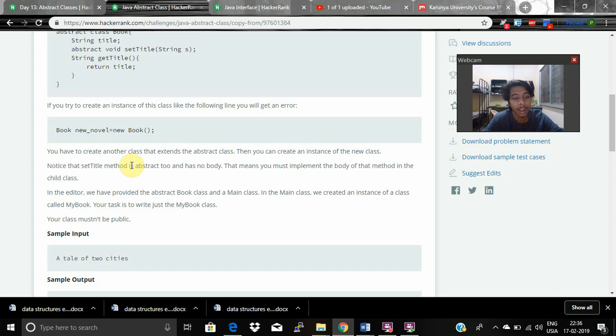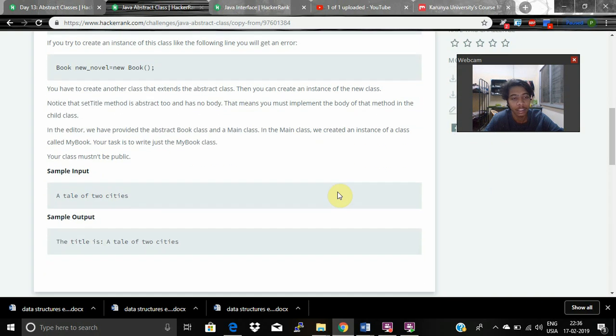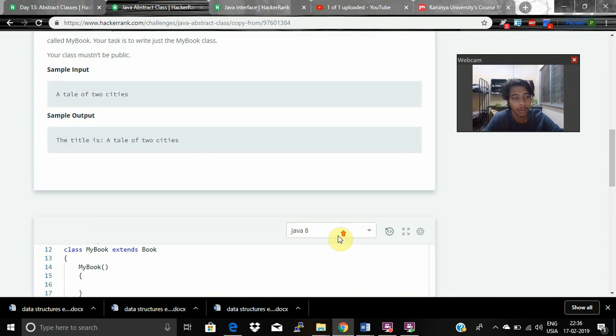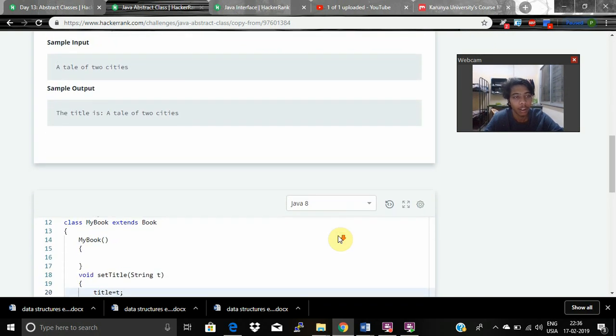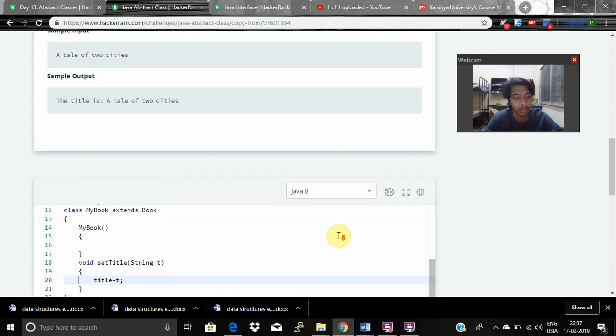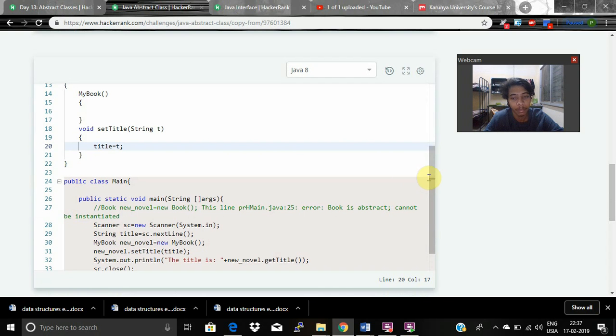We have provided the abstract book class and the main class. In the main class, we created the inheritance of the class called my book. The task is just to write this my book class. This is the sample input which I have not given. This is a sample output which is to be expected. Coming to the program,